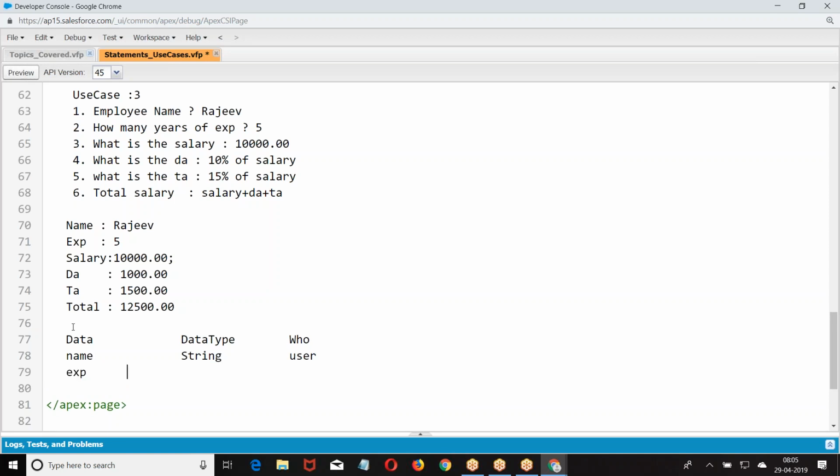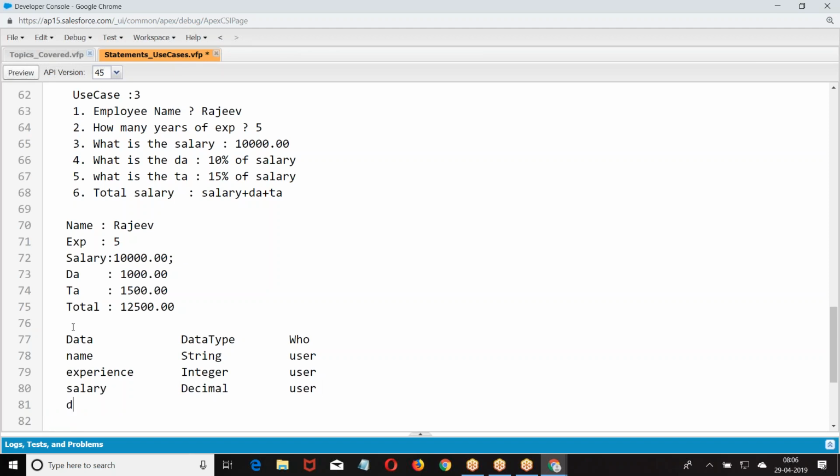Then we have experience, a decimal, or you can take an integer. Then I had salary, not decimal. The user is going to provide it.